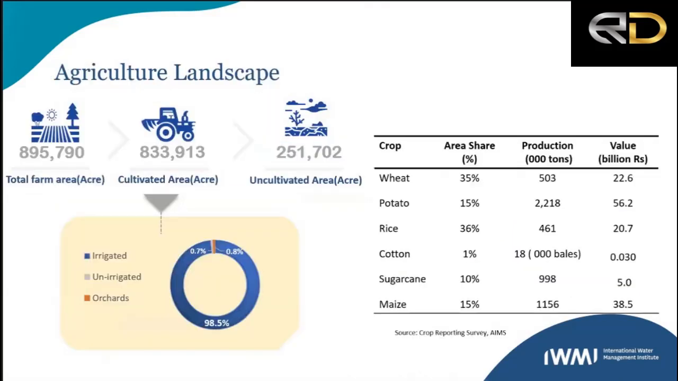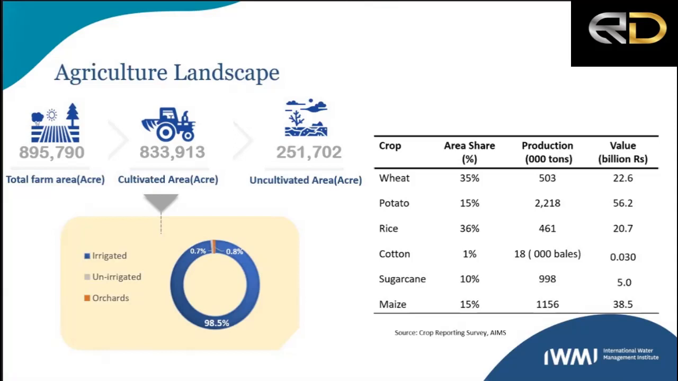So then a little more about the agricultural landscape. Farm area is almost 1 million acres. Cultivated area is 833,000. The vast majority of that, if you look at the little circle down below, is irrigated land, with insignificant amounts unirrigated or in orchards only. If you look over to the right, you can see that